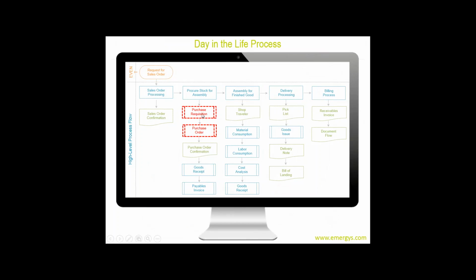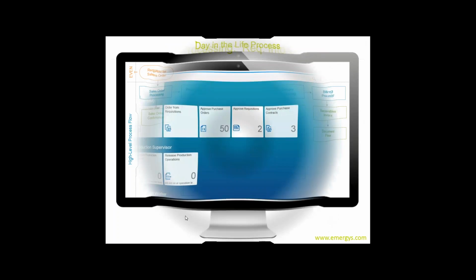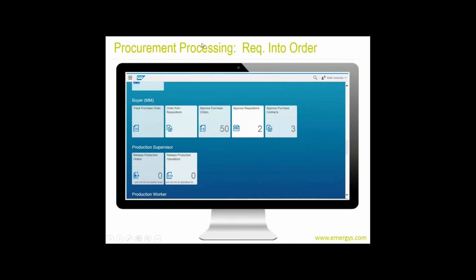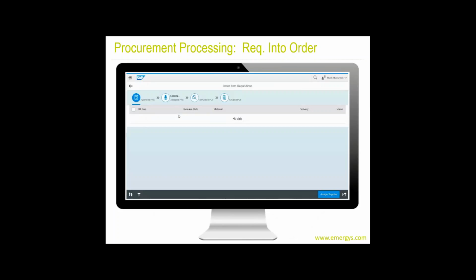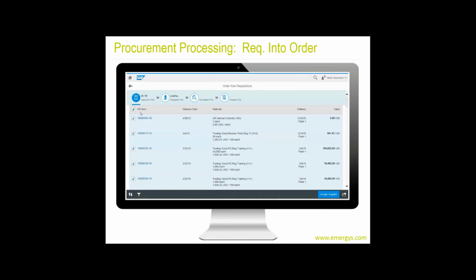tactically, material requirements planning's been run. We can come in and look at a purchase requisition that's been created, and we can convert that into a purchase order. So that's what this is all about. You can have approval cycles. You can approve at the requisition. You can approve at the order. You can approve at both places.